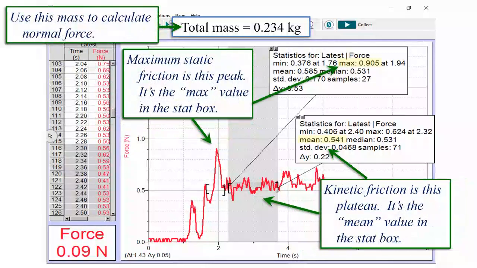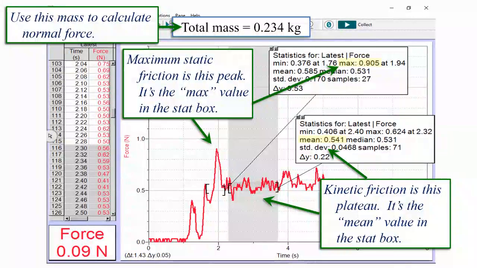We can use this slide to see how to extract data from the graph. First of all, the mass is listed at the top. This mass can be used to calculate the normal force simply by multiplying the mass times g. The maximum static friction is the peak of the graph. In this particular example, that happens at approximately 2 seconds. You can see the value of the maximum friction by looking for the max value in the appropriate statistics box. In this case, the maximum value was